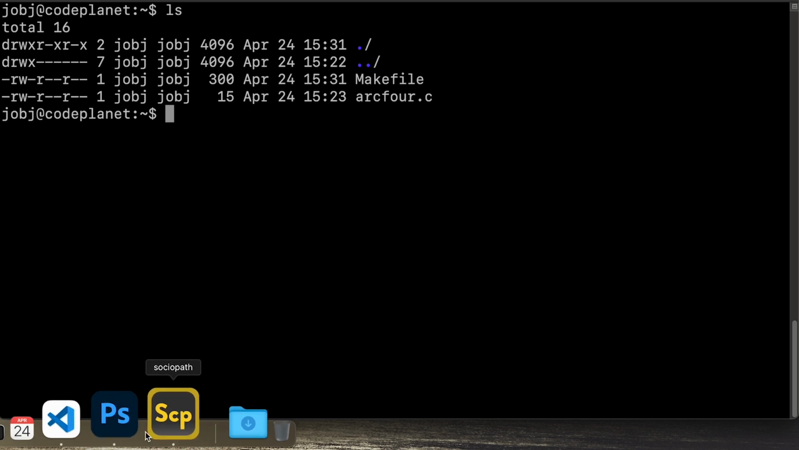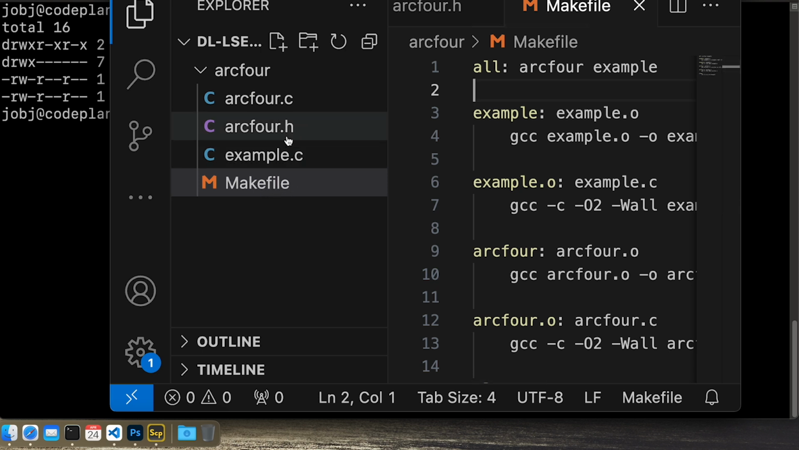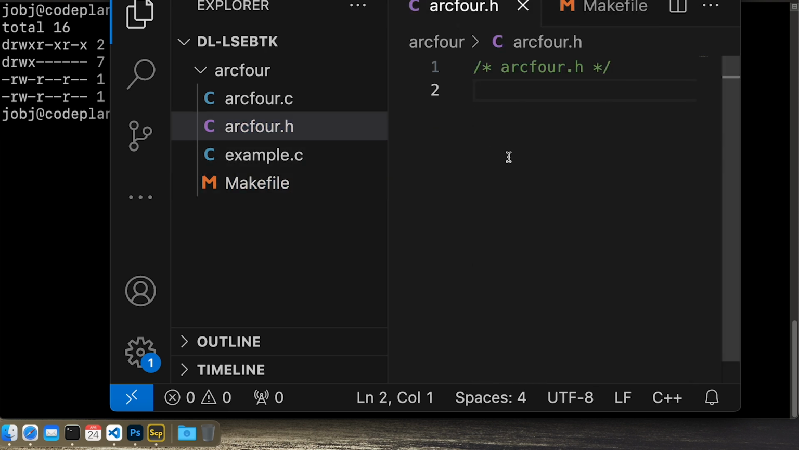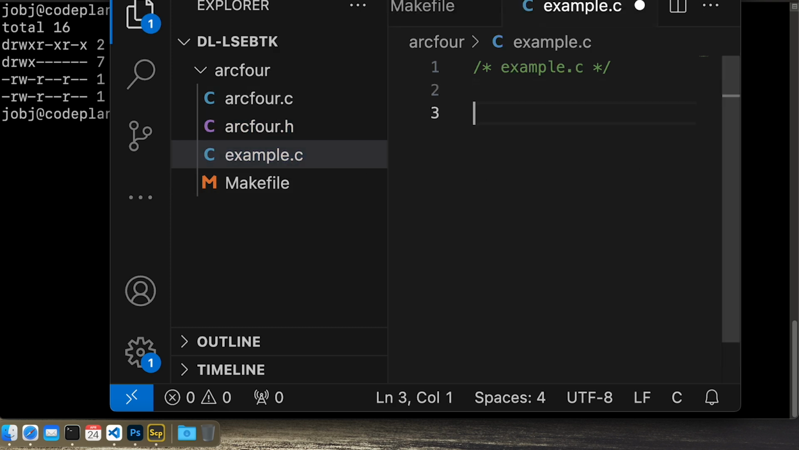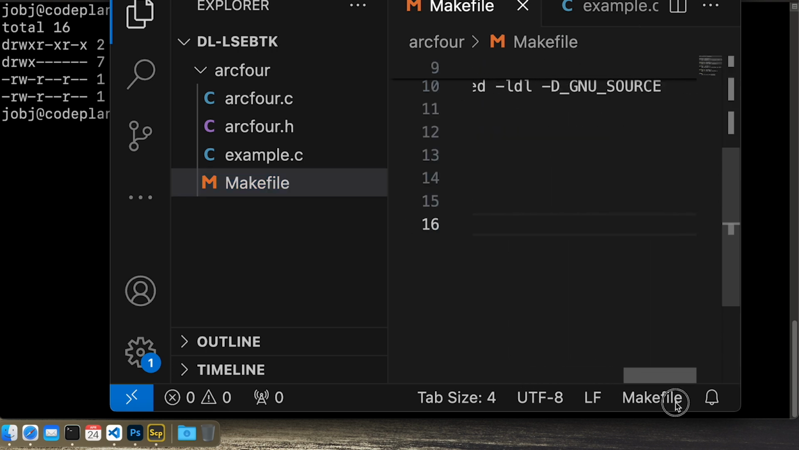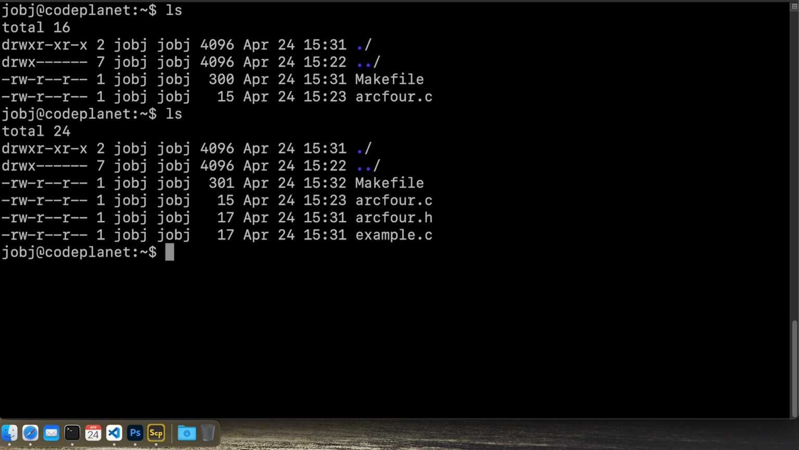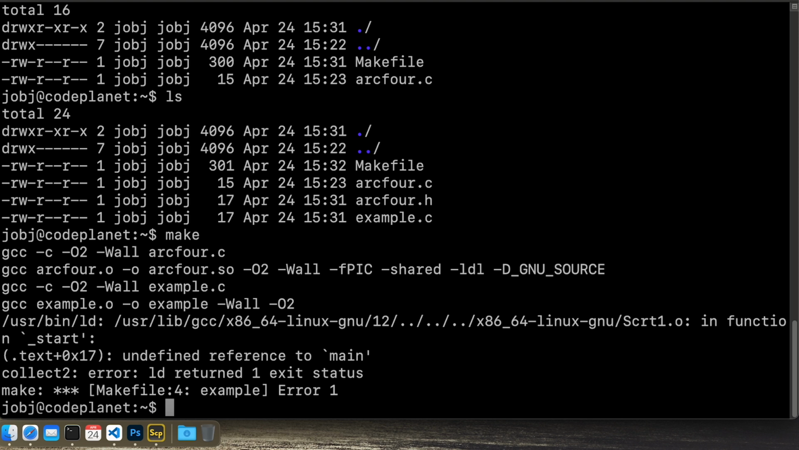And I didn't save the .h file, I think, and the example and the makefile. There we go, arc4, makefile, arc4.h, and example. So I should be able to run the make now, and we get a reference error for the main,